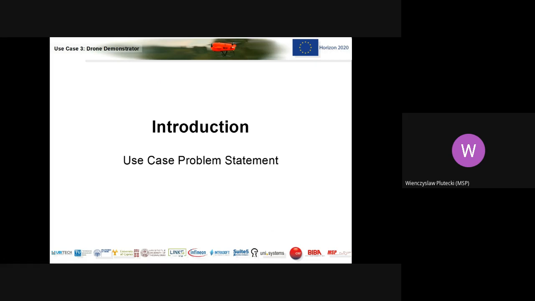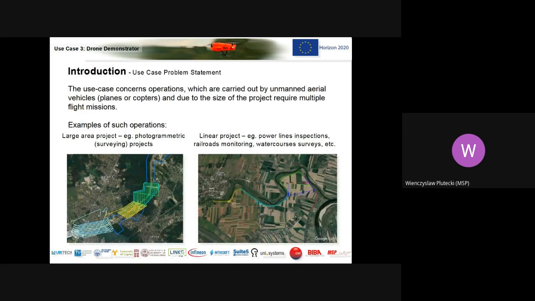So let's start with the use case description, beginning with the problem statement. Today many people say that drones can do this and that, not thinking about limitations. But especially concerning large area projects, there are a lot of limitations, and aware operators are conscious of them. Examples of such operations are large area projects, like here on the left. This is a photogrammetric project,